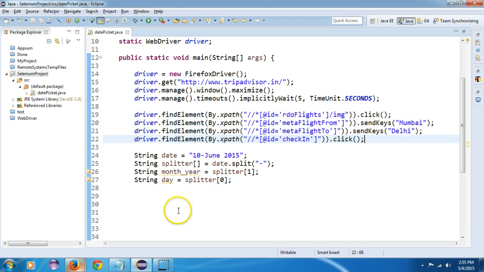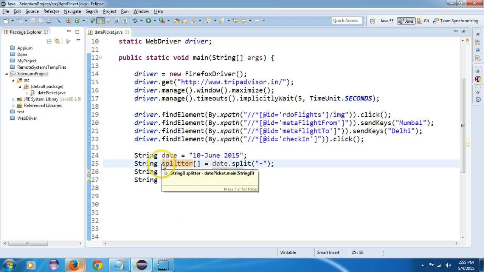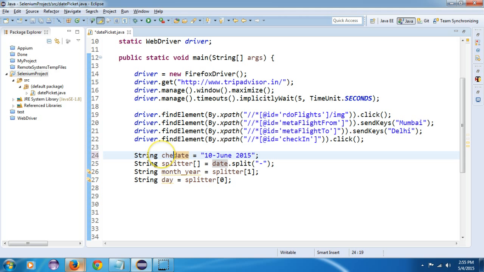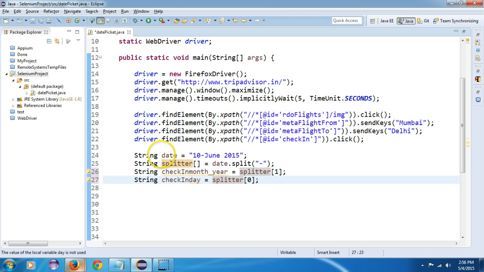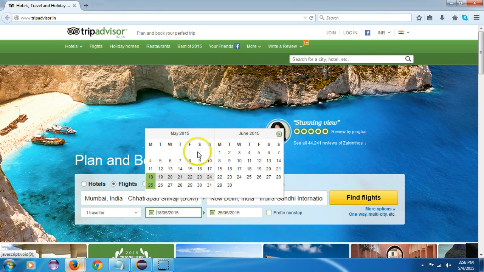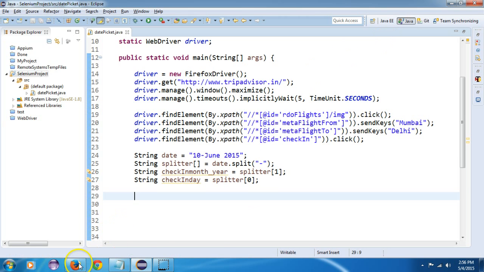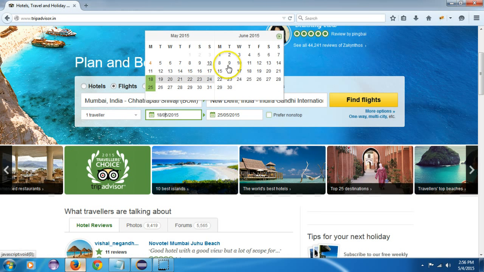select date. Okay, I will also write here check-in month year and check-in day. Okay, now the next task is that I want to verify that my month and year are this and this. Okay, so yeah, we click on find element,